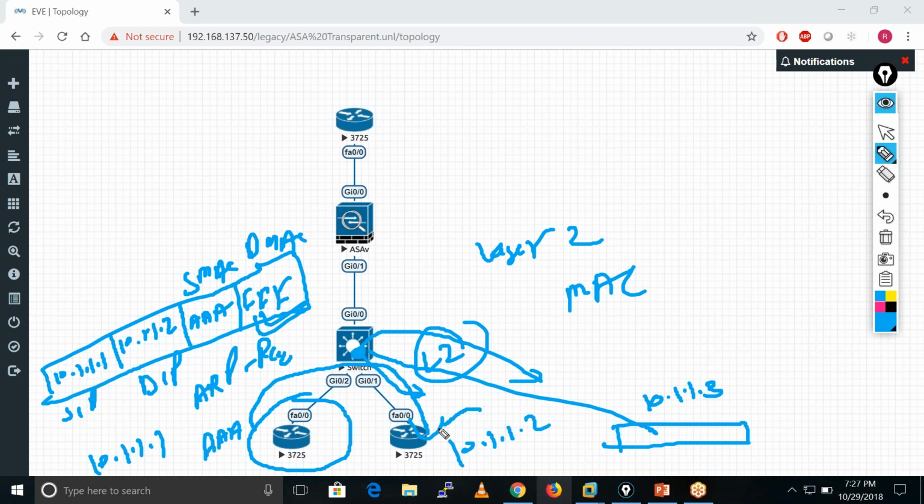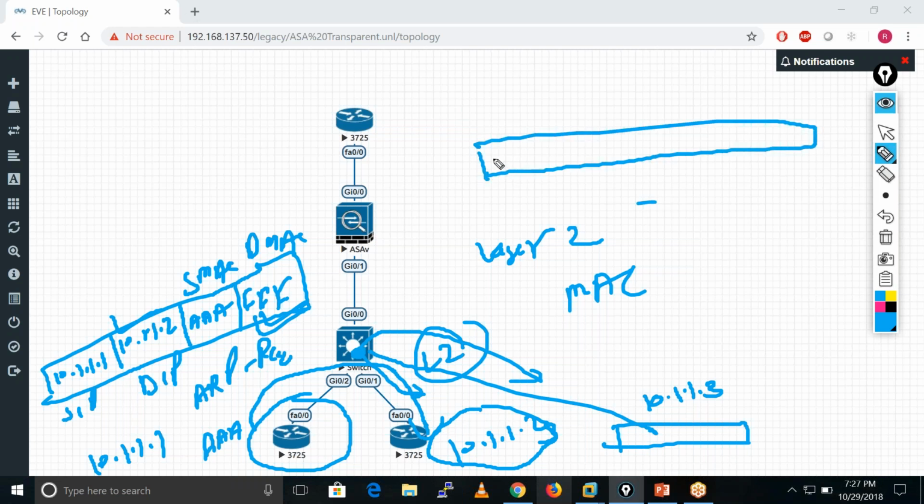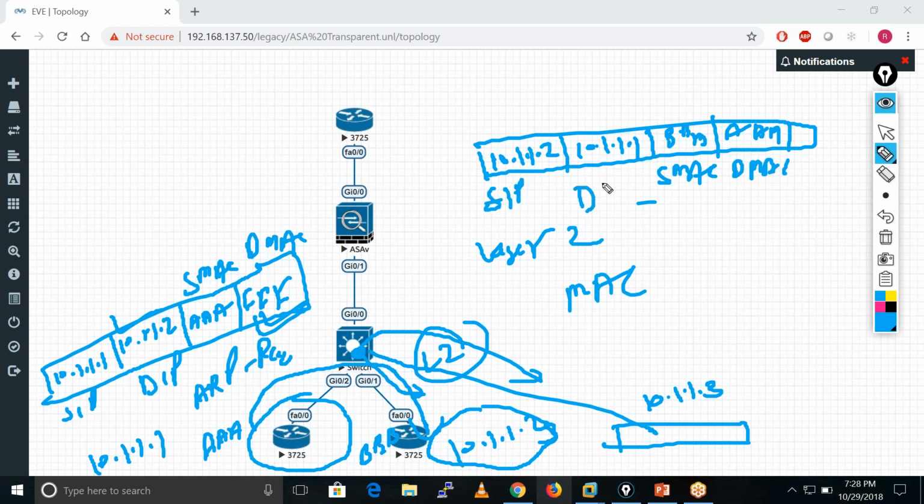In the destination IP, we already mentioned the IP address, right? So this guy gives the reply. Here I create the reply packet: the reply comes from 10.1.1.2 to 10.1.1.1, and let's suppose this guy has the MAC address all B. So this is the source MAC and this is the destination MAC, and this is the source IP and destination IP.